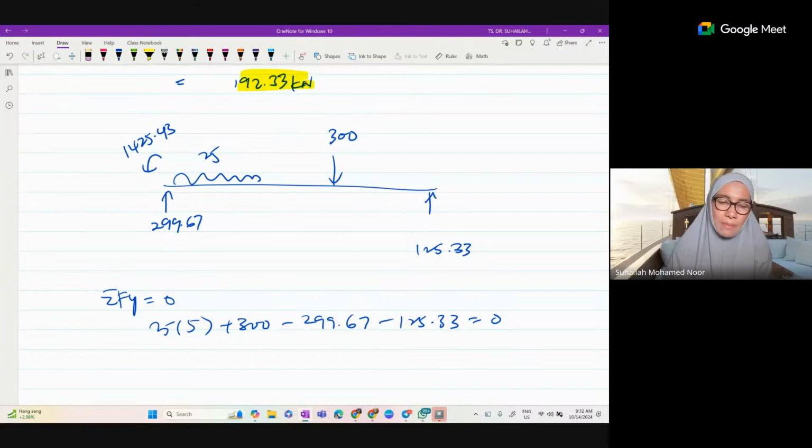Dapat ni ya, dapat kosong. Sama juga bila kita check moment, kita check for moment at A is equal to 0. Kita boleh check balik negative 1425.43 ni. Kita plus 25 times 5 times 2.5 plus 300 times 10 minus 125.33 times 15. Dapat tak 0? So bila semua dapat 0 means calculation kita correct, all the value is correct and the system